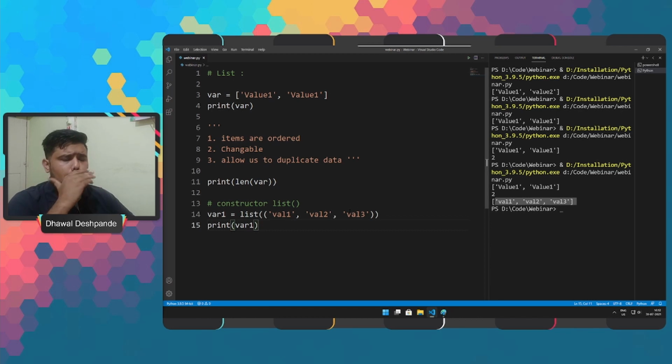To understand how we can access the list, or how this particular list is actually present in our memory, we have to understand that every item in the list is indexed. That means there is a certain number assigned to each item in the list, and these numbers start with 0.